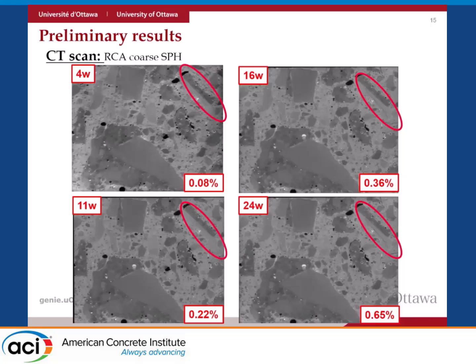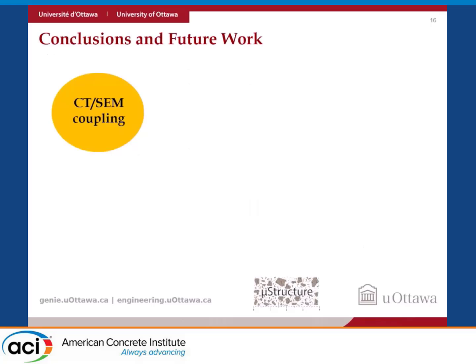We were also able to find some cracks in the residual mortar, but most of them so far at least were actually generated in the original virgin aggregate. So very interesting. Another thing of interest is to see that in the old mortar, we keep producing products as well. We don't know if the new alkalis in the system are reaching the old mortar, or the old mortar bears enough alkalis to keep generating, but the reality is that we have gel formation and pore filling in the old mortar too. So, with that being said,